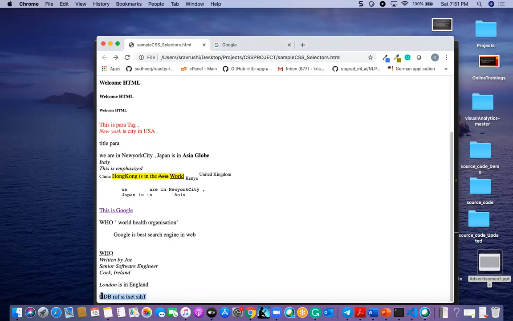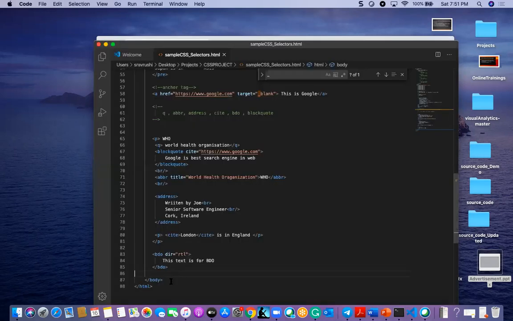It will be coming in the format of right to left. And if I want to change this to left to right, I can do one operation here, that is LTR.